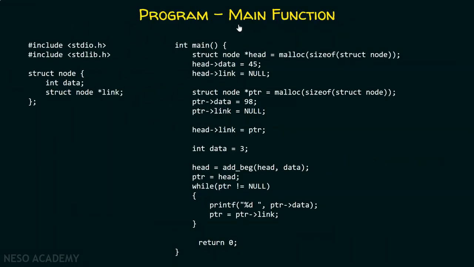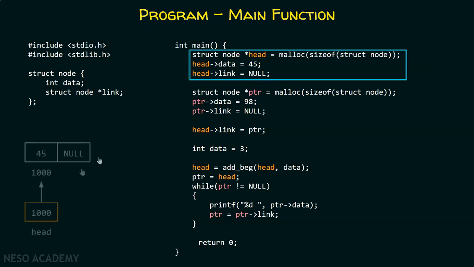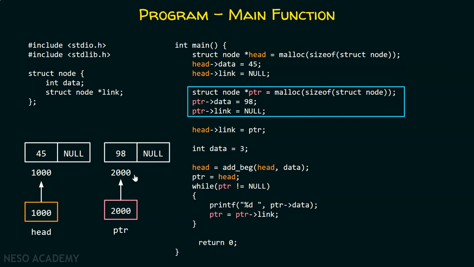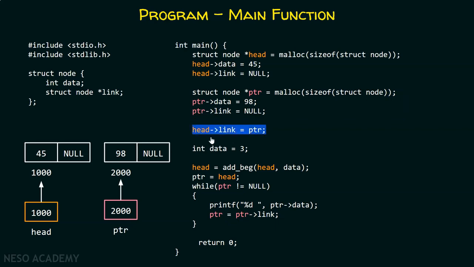Now let's discuss this program which is adding the data at the beginning of the list. So here in this main function you can see these 3 lines of code which is actually helping us to create a node of the list. So here the head pointer is pointing to this node of the list. We want to create the same list and for this purpose the first node needs to be created first. After that we'll create another node of this list and here this ptr is pointing to this node. And of course we need to update the link part of this node. For this purpose head link equal to ptr has to be evaluated, right? So here the link part will get updated by 2000 address